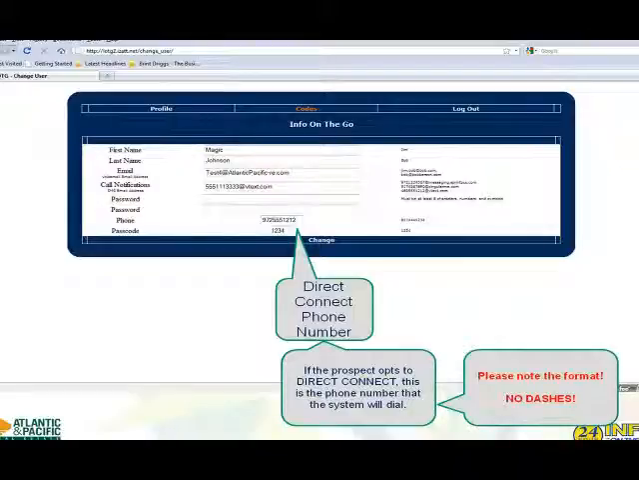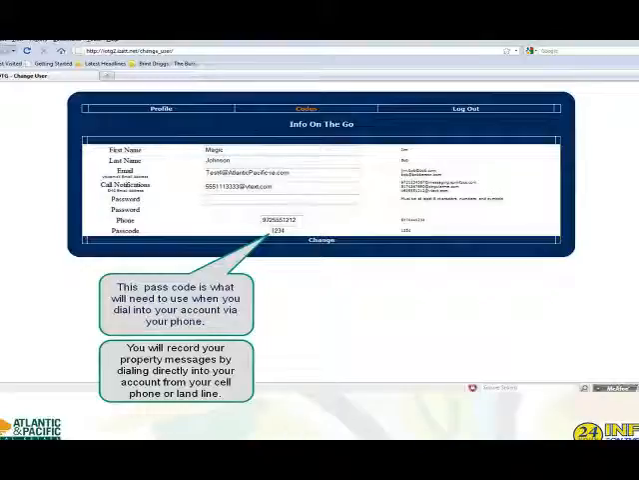So remember, this is the direct connect phone number that your prospects will be directly connected to should they choose that option. All right, and then the next field is what's called a PIN code. This is your personal identification number. Now, what this is used for is